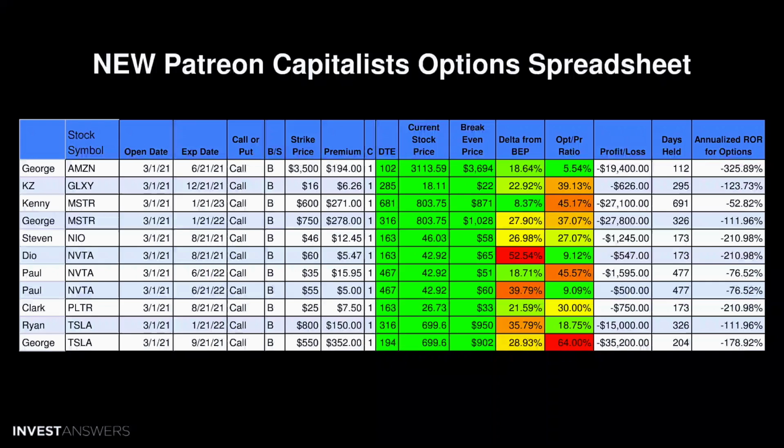These are the 11 deals that I looked at with the expiration dates. They're all call options. They're all purchased. I have the strike price. I have the premium paid. I assumed one contract for every trade. DTE is days to expiration. Then you have the stock price today. This spreadsheet also automatically populates the stocks. You just punch in the ticker on the left and the break-even price. The delta from the break-even price and the option premium. The option premium to the actual price of the stock ratio, which is very important. And I'll talk about that as well.